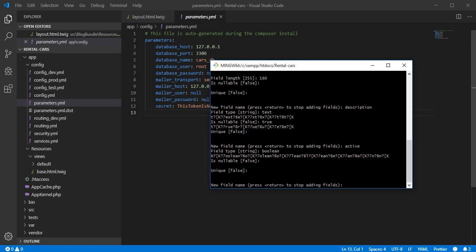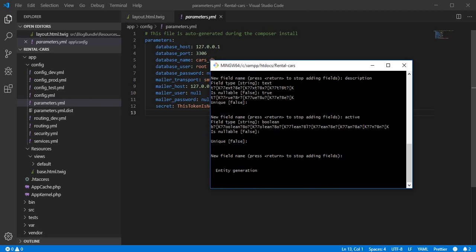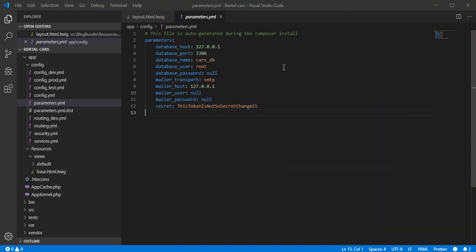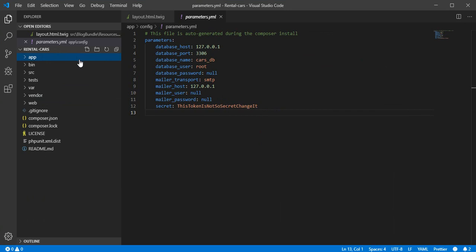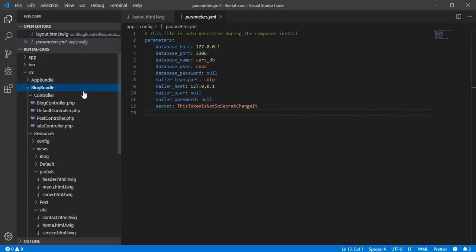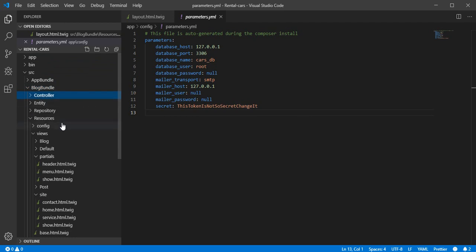And here if we want to give, for example, another field, we say the name of it, as we did before, and if that's it, we're finished, we just hit enter. So now we see that the entity is generated. So now let's go and see this entity. We'll close this, let's go to src, to the BlogBundle, and we see that it generated a